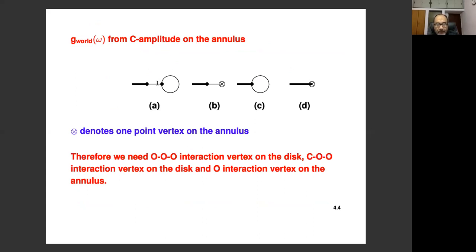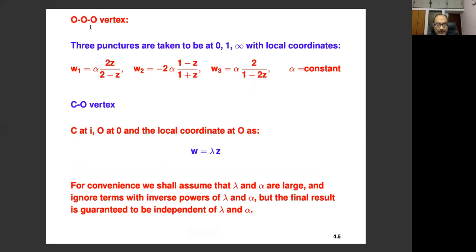So in the local coordinate here, the puncture, you can either take the puncture at 0, 1, or infinity, and choose the local coordinates appropriately. This wouldn't have happened unless you had chosen the local coordinates to be permuted by a cyclic transformation. So that's what explains this peculiar choice of local coordinates.